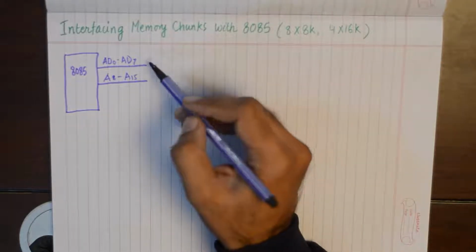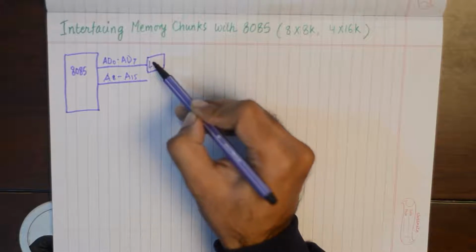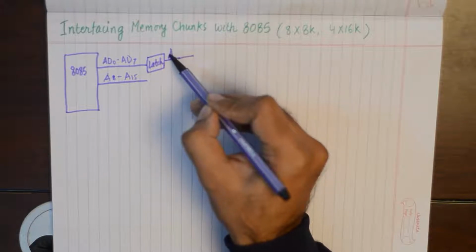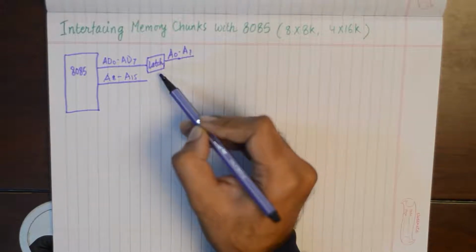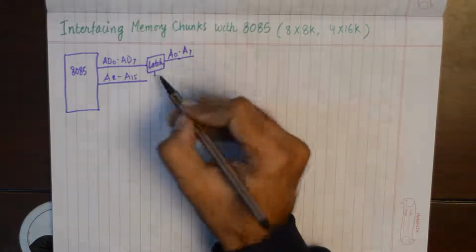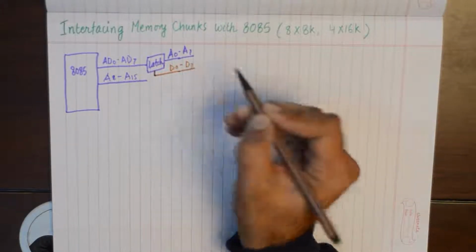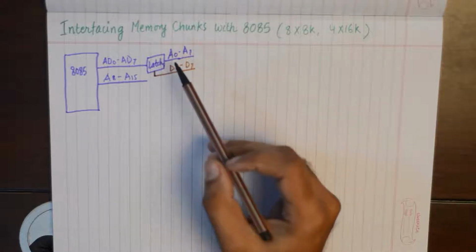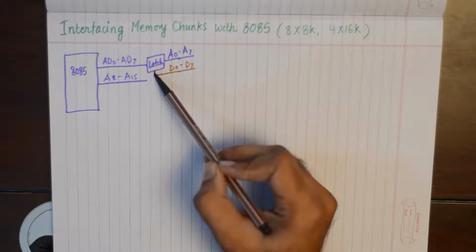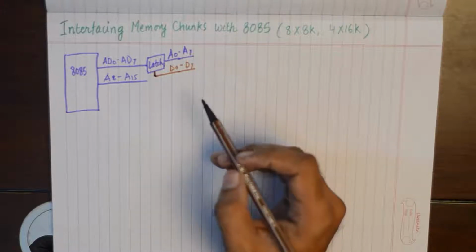So what we need to do is simply pass this through a latch. This latch is going to give me A0 to A7, and it also gives me D0 to D7 to be used as the data bus. So this latch basically functions as a separator of address and data lines. Now after that,